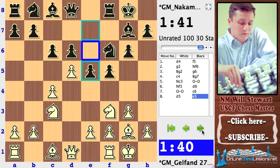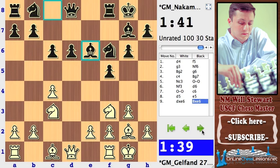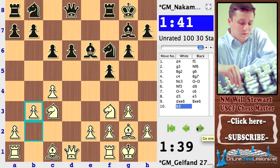So you've got to be playing very actively as black, striving for dynamic complications, whereas white will typically, against the Dutch, have kind of better long-term prospects. So it's just kind of the normal, everyday struggle in the Dutch. So now b3,